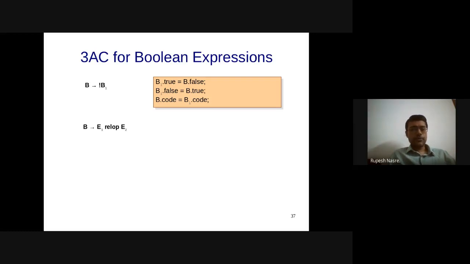Okay, so let's do for the relational operators. Let's say some expression E1, relational operator E2. You have to think about what all will be available. Now, there is nothing like E1 dot true and E1 dot false because E1 is a logical expression. So definitely B dot true, B dot false exists. So now how will you take care of that using E1 and E2? Please think about it and see if you can write the code corresponding to it.